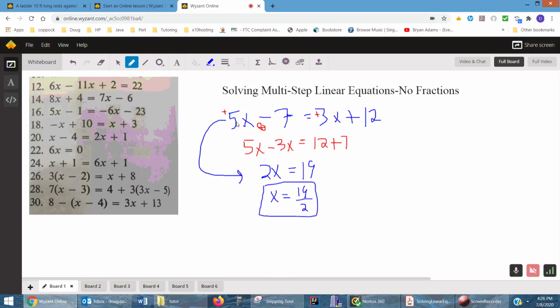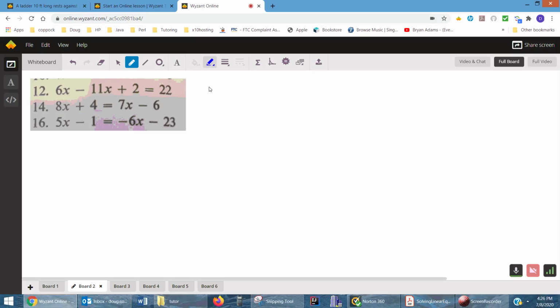So when I show how to solve the remainder of these problems, I'm not going to show the step in red. So here we go. Board 2. I'm going to work on problem number 12. And our steps are this. Oh, and by the way, we're solving equations without fractions. If we had fractions, we would want to learn a technique called clearing the equation of fractions. That comes later. So make each side of the equation as simple as possible by removing parentheses, if there are any, and combining similar terms. So 6x minus 11x is -5x,